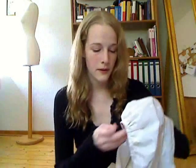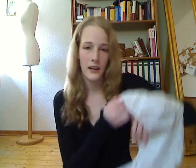So I thought about finding a way to close it and adjust it when I'm wearing the dress. So I think a drawstring would be good, or some kind of closure. The thing is I couldn't find any pictures or any examples that would fit. So I don't want to cut this all open again just doing something. I really want to know what I'm doing first, so I will have to do more research, and